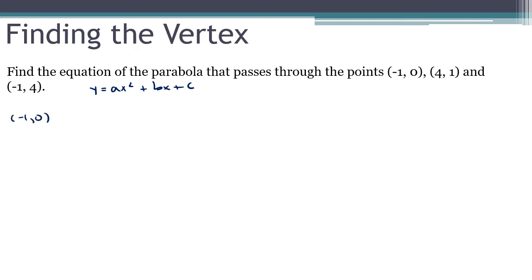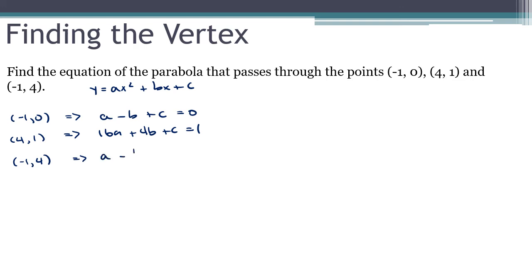Negative 1, 0 gives me a minus b plus c equals 0, and if I put 4 comma 1 into here, I get 16a plus 4b plus c equals 1, and finally if I put negative 1, 4, I get a minus b plus c